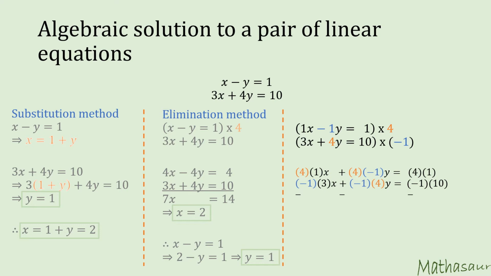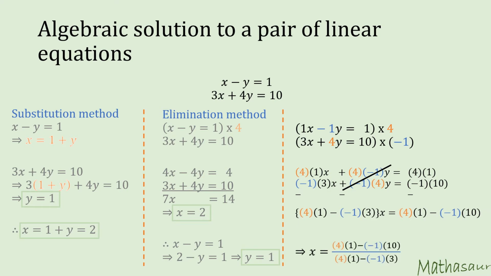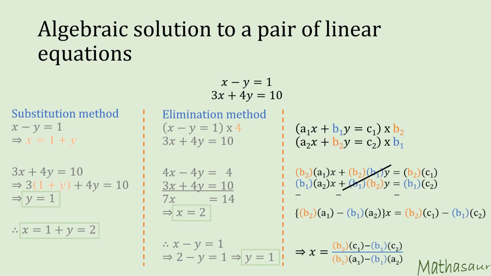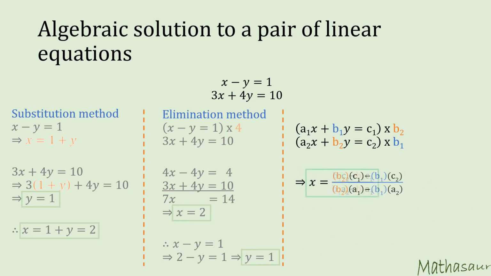Now let us subtract one of the equations from the other. We see that the y variable gets eliminated. Let us rearrange the terms and we get x in terms of different coefficients. Let us write the coefficients in the first equation as a1, b1 and c1 and the coefficients in the second equation as a2, b2 and c2. Look at that! We have found a formula for finding the value of x using the coefficients in the two equations. We could repeat a similar exercise for the coefficient of x.